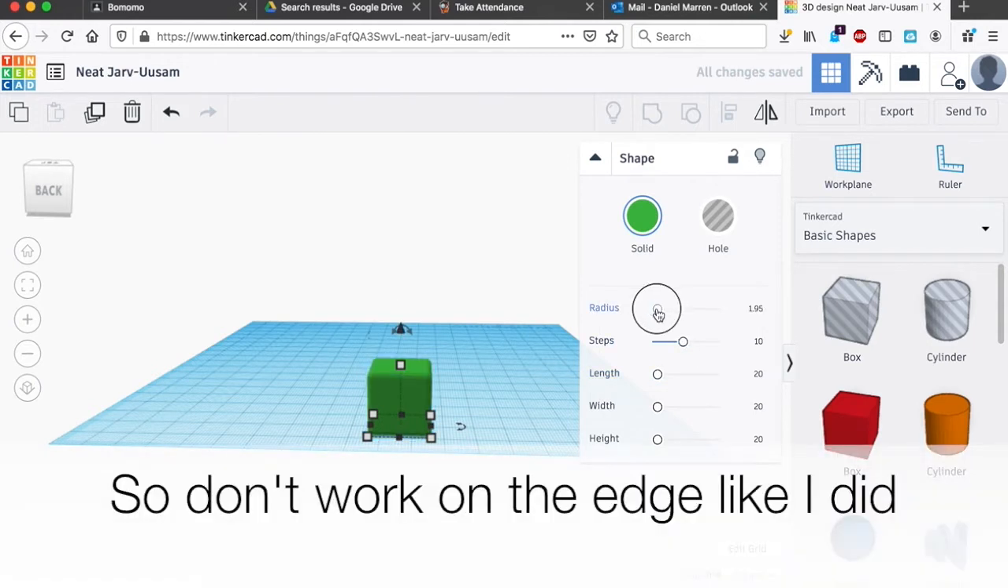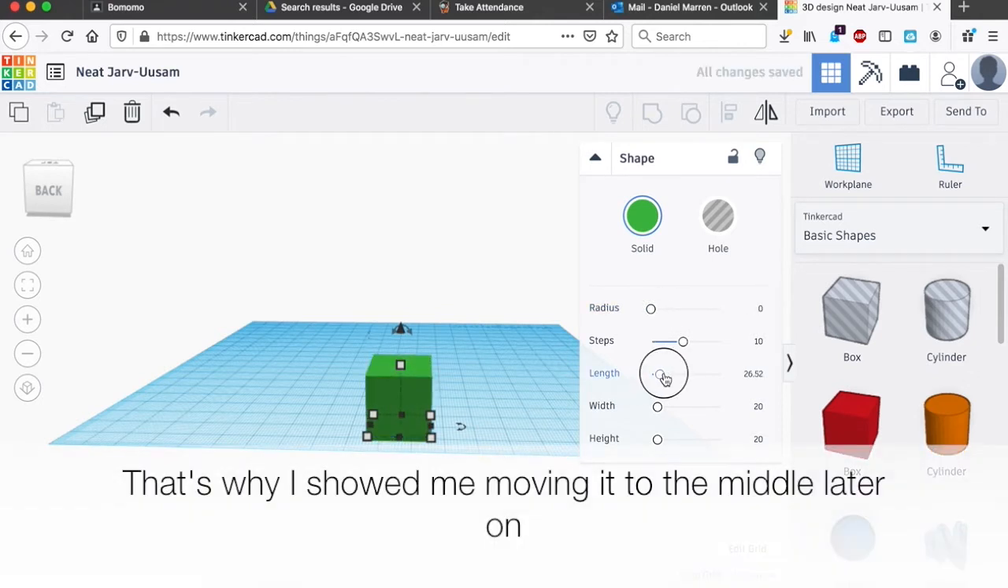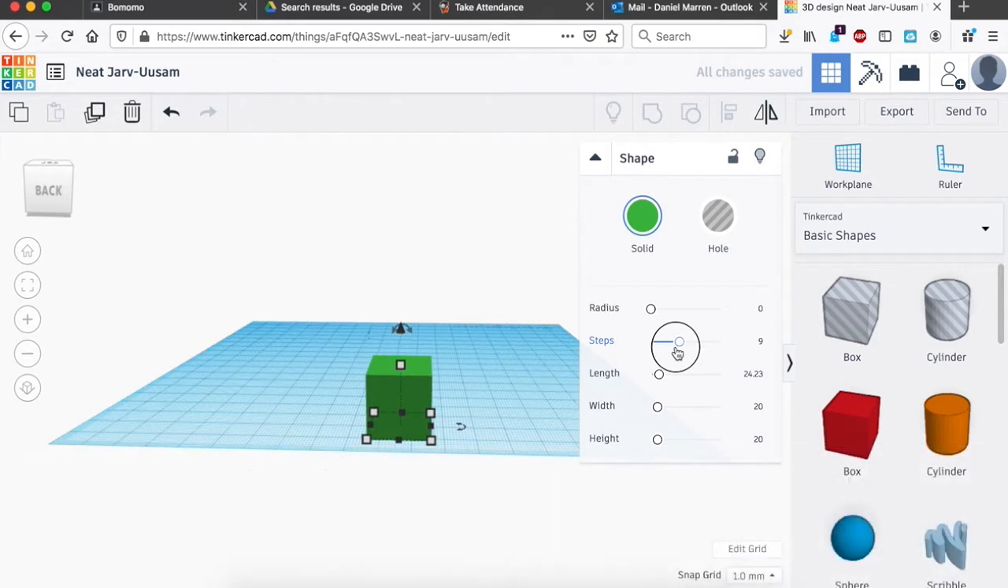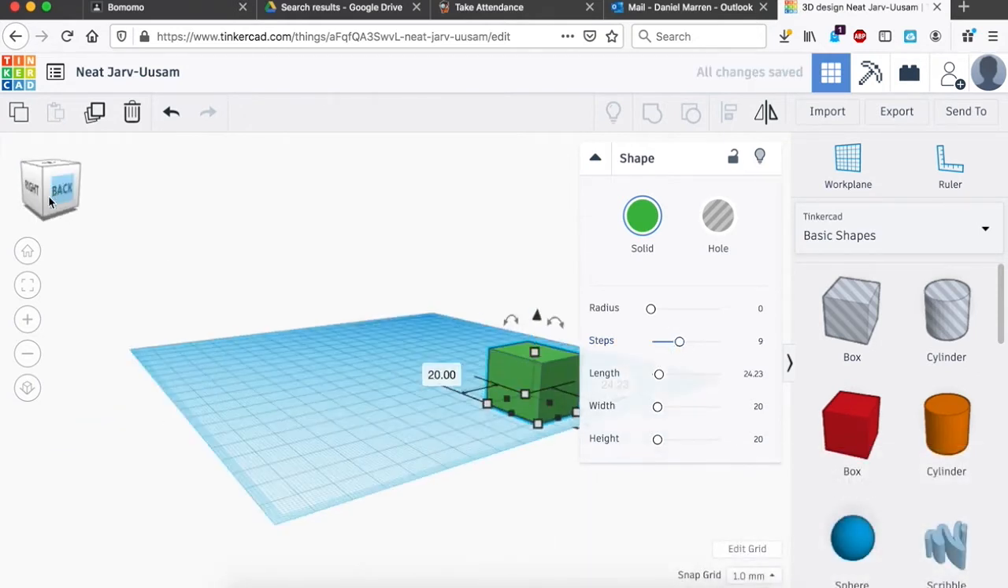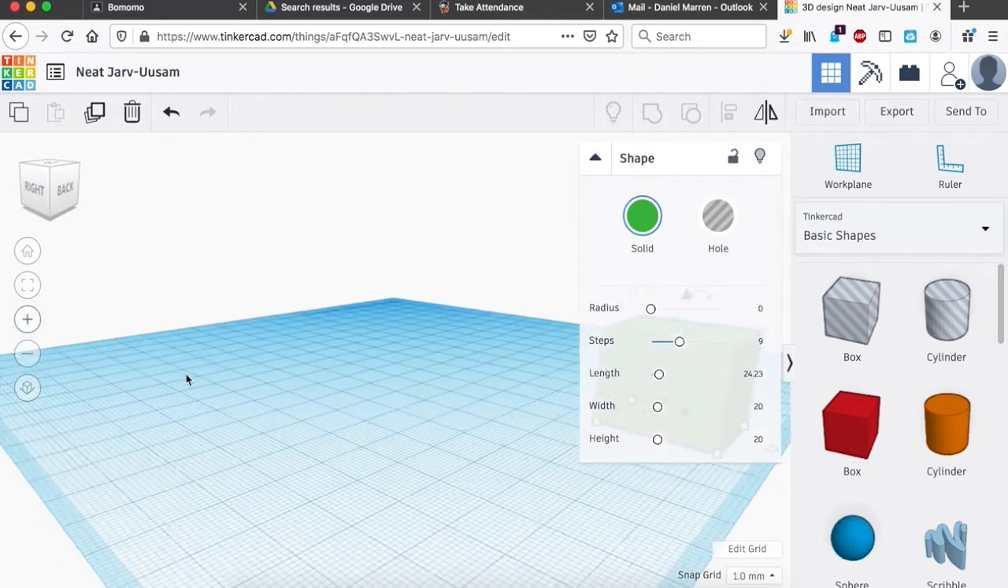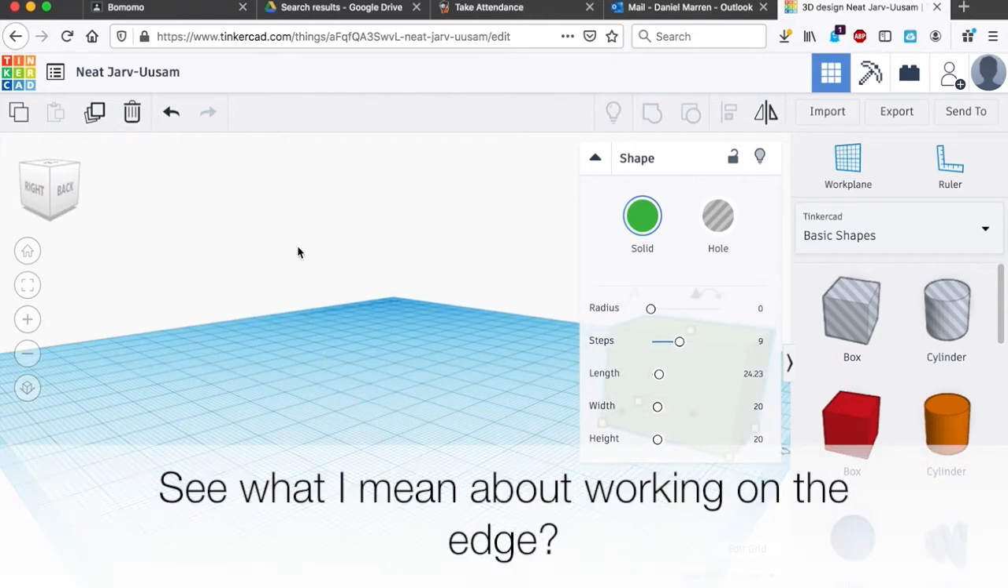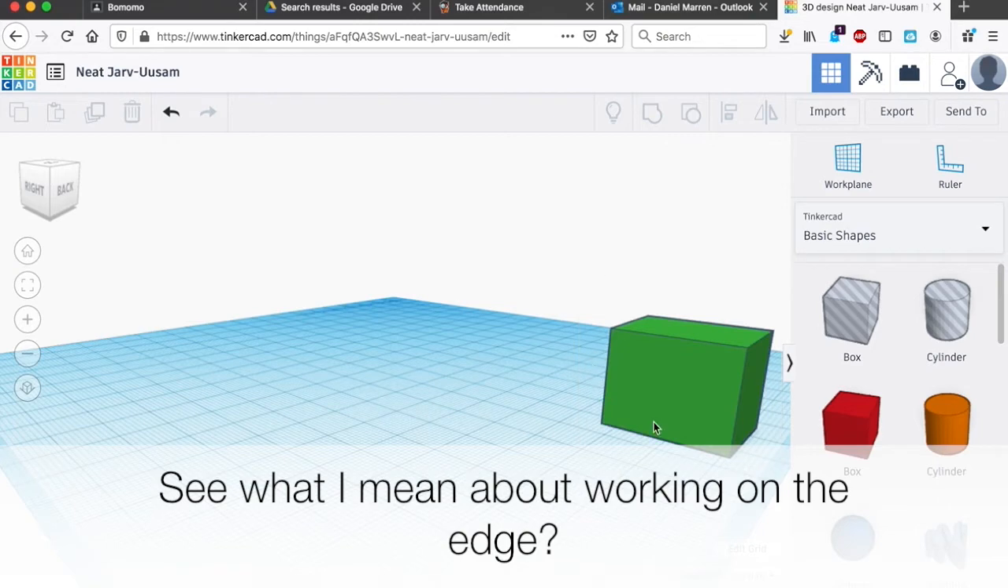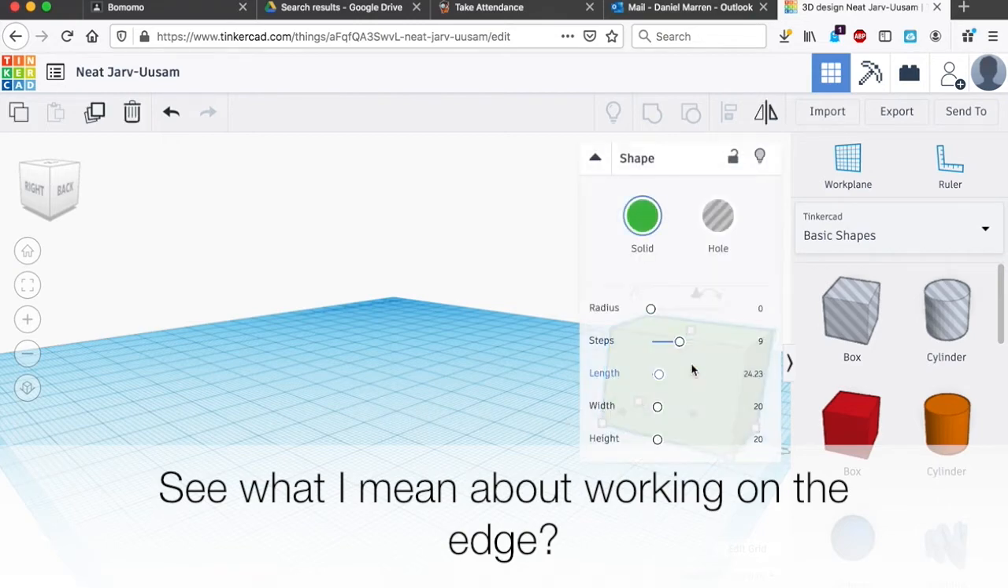You can change the size or how round it is. I'm going to keep mine really boxy. You can change how big or wide it is. You could also change how big or the shape of it using, when you click on the box here,